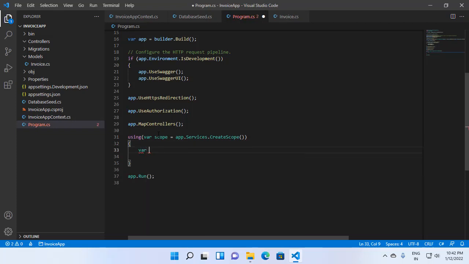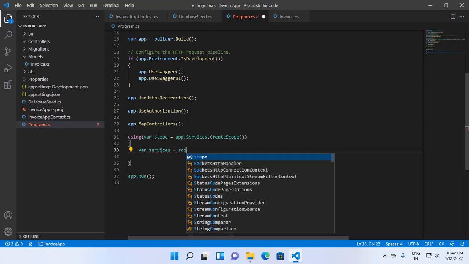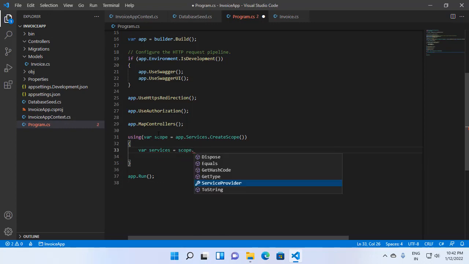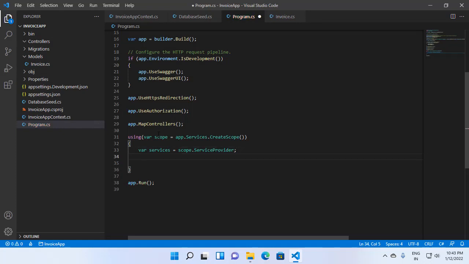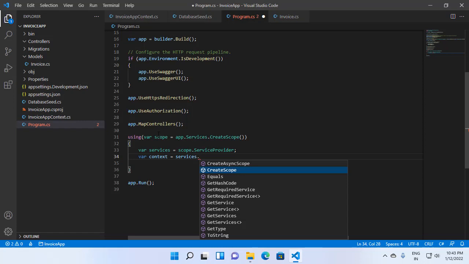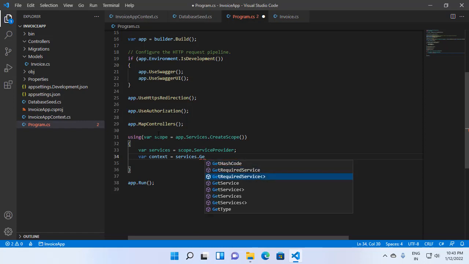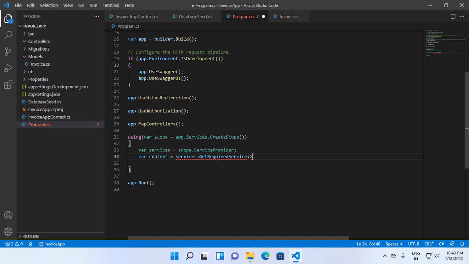So here we will have an object of services, scope dot ServiceProvider, and in these services we will have one context, database context, services dot GetRequiredService of type InvoiceAppContext,